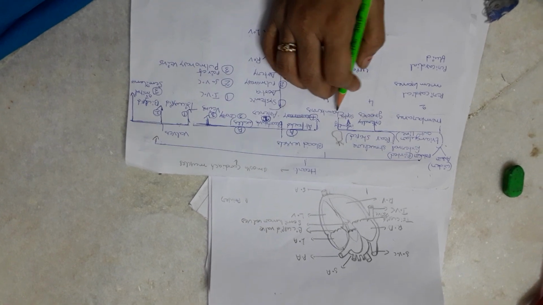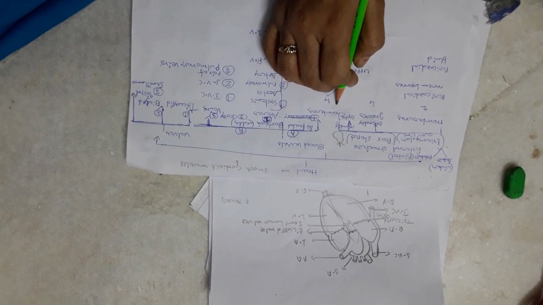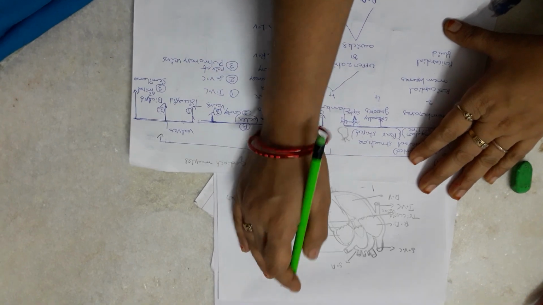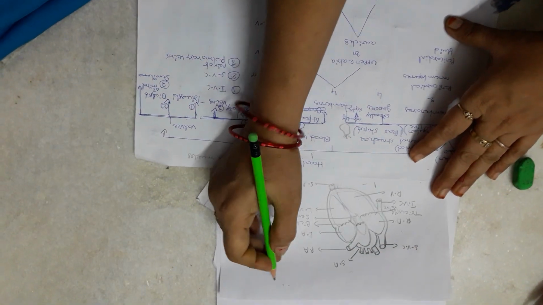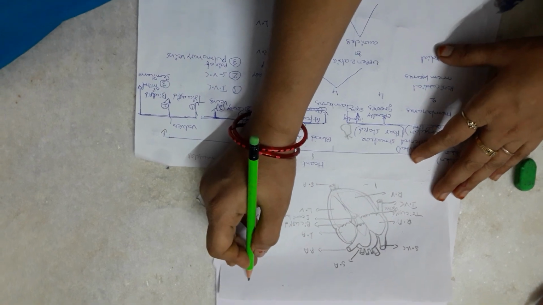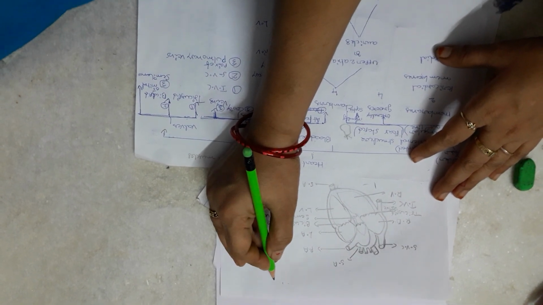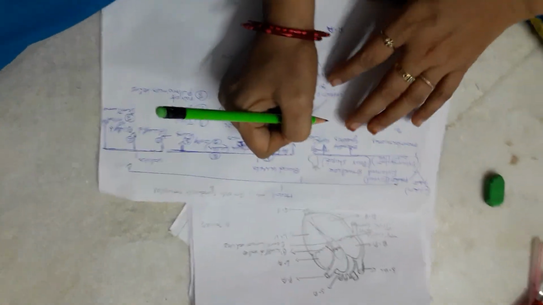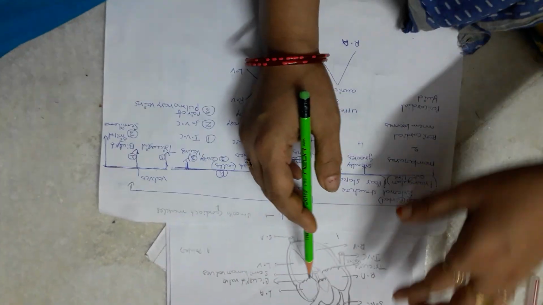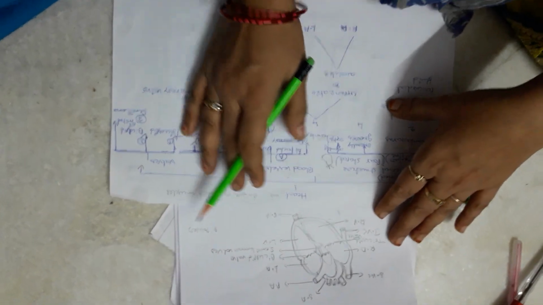So the mammalian heart has 4 chambers, you know very well. Whereas in fishes it is 2 chambered, in aves it is 4 chambered, and in amphibians 3 chambered heart. So now I will talk about the mammalian heart, which has 4 chambers, and I have explained these many times previously.